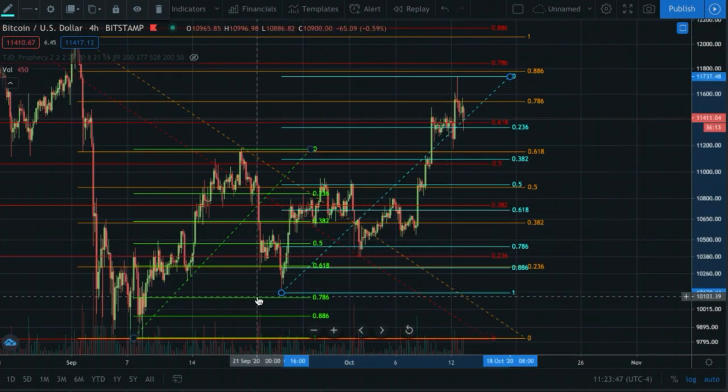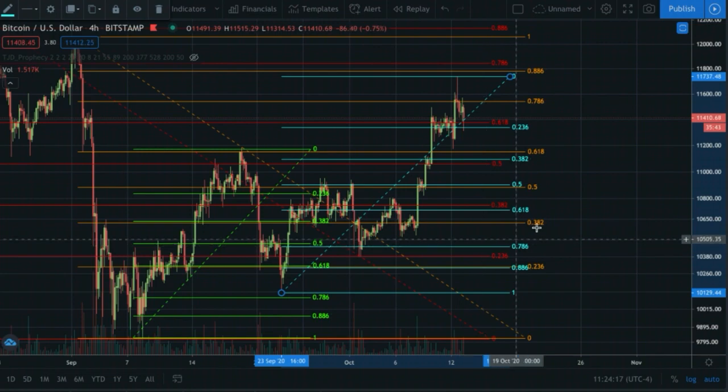So what I like to do is compare two main things. I like to compare the distance of the wave from bottom to top of the previous wave to this wave, and then I like to compare also the retracement of that wave as well. The distance of the wave we'll do in a second, but first we're going to look at the retracement. In this case, the retracement was almost to the 786, but we did get to the 618. So a pull down to the 618 here is going to pull down to 10,700. A 786 retracement would bring us down to